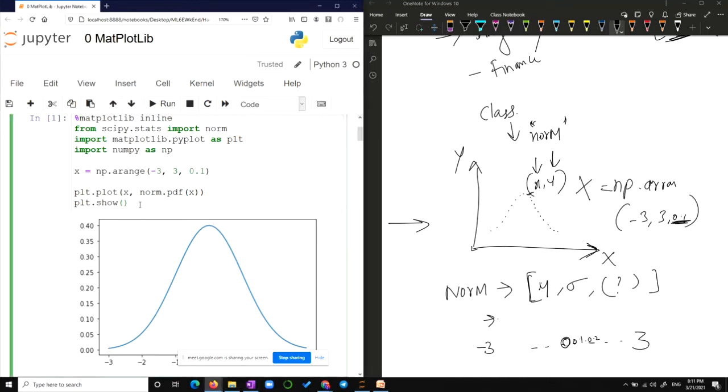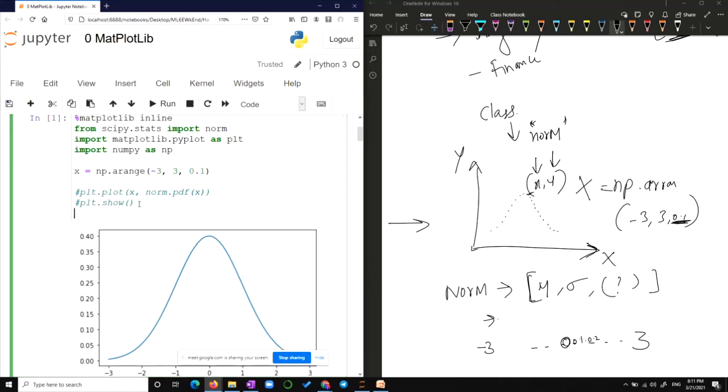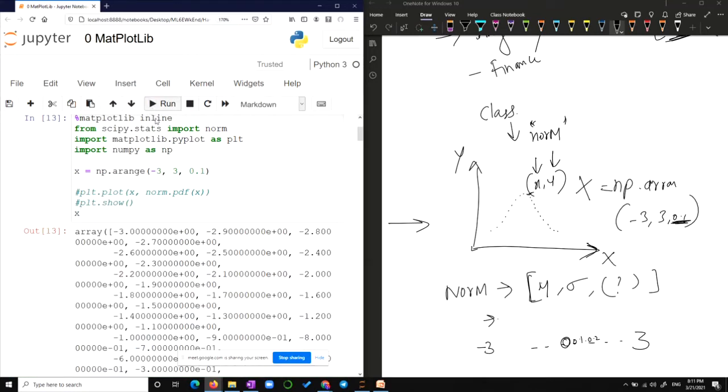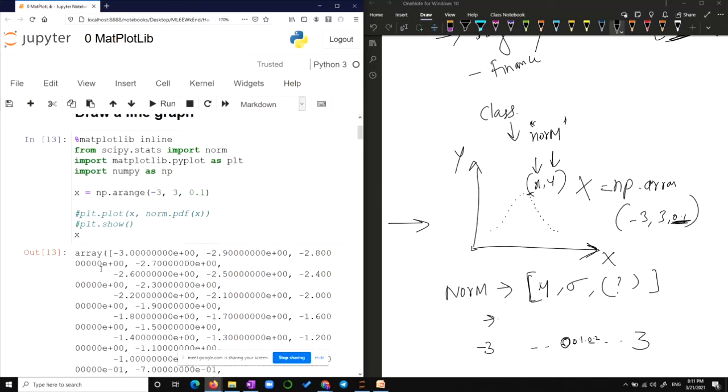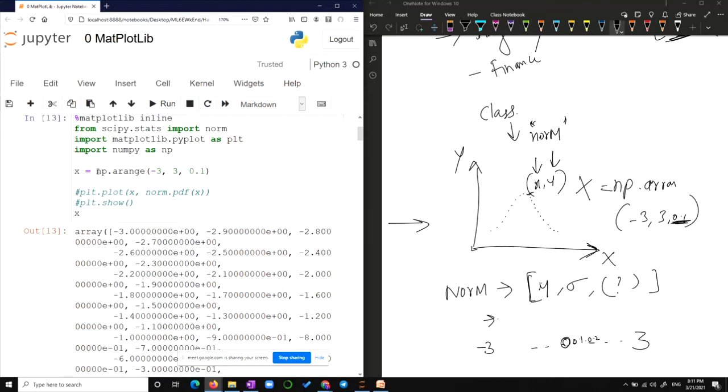Okay, let's check if those numbers are already here. You can check that. Everything is open in this one. There is no hiding. So if you just copy this and paste it here and run this, see the array contains what? x is an array, because np is numpy as np, right? The Python developers have written it in such a way that the output of np.arange is an array. An array of what?